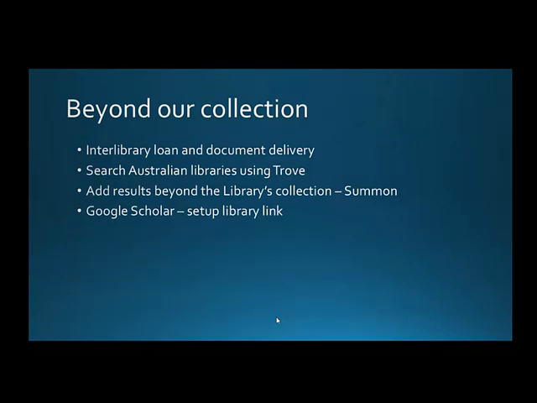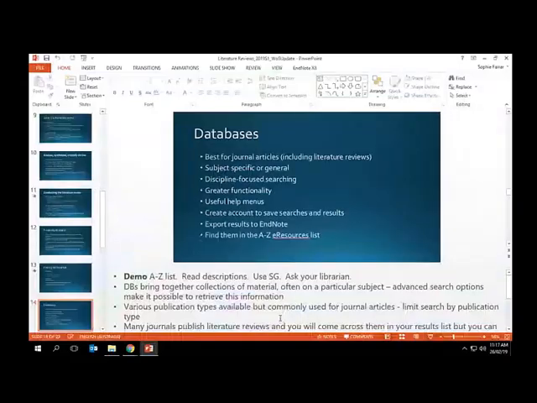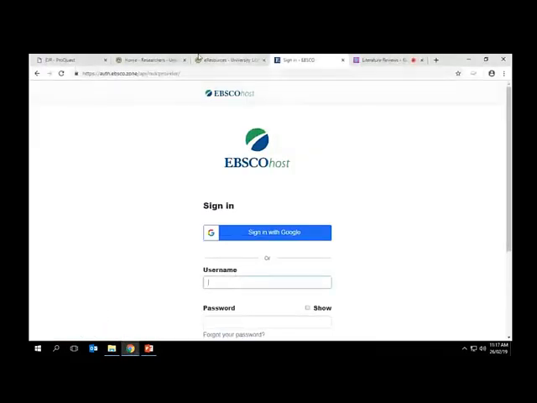So you could find out what books other libraries might have by using Trove, and then you can request those books through this library using the interlibrary loan service. You can, when you're doing a Summon search,